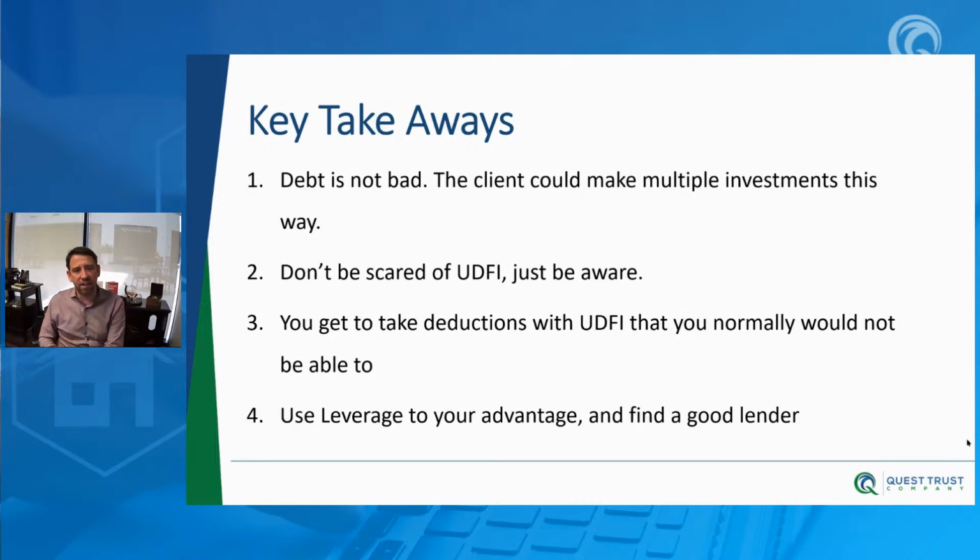Use leverage to your advantage and find a good lender. One of the things that made this deal work for this borrower who used his IRA was he had a good lender in place, right? Blink Lending, who is run by a guy named Paul Limnatos. Feel free to look him up. But pretty much what ended up happening was he was able to vet the deal because he understood the area. He understood how to use the IRA, and he also understood what a non-recourse loan was.